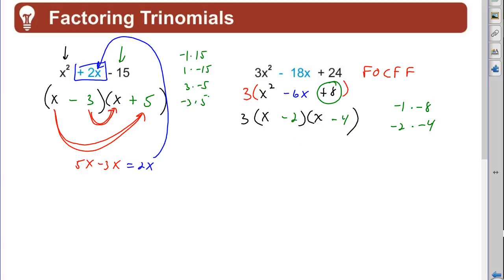Let me show you the check. The outers, negative 4x, plus the inners, negative 2x, indeed equals what I was looking for, that negative 6x in the middle. So you should always be able to tell if you've chosen the correct ones by checking the middle. So there's the complete factorization: 3 times the quantity x minus 2 times the quantity x plus 4. Factoring trinomials, trial